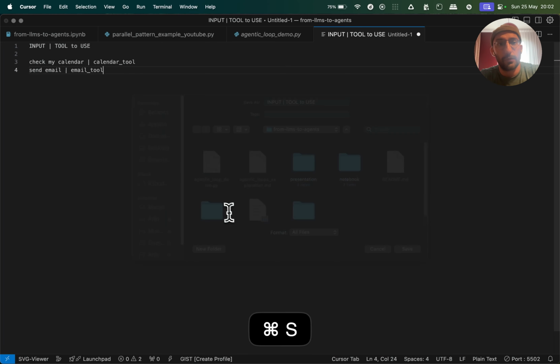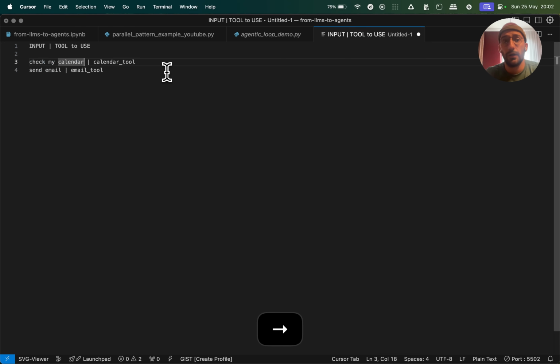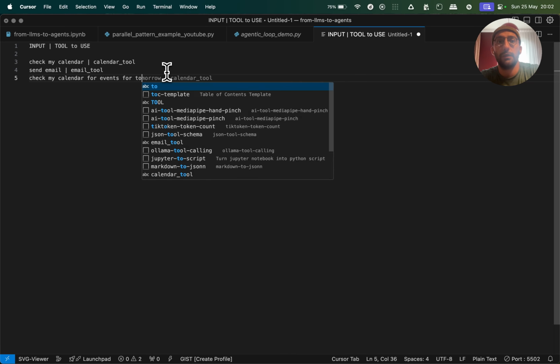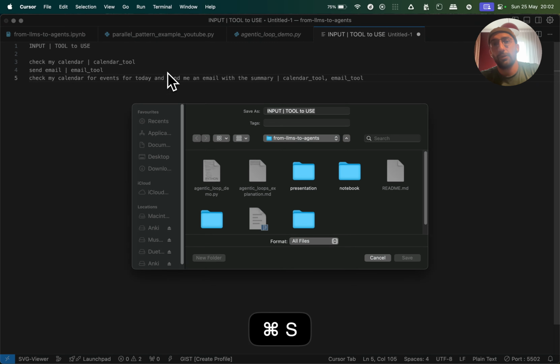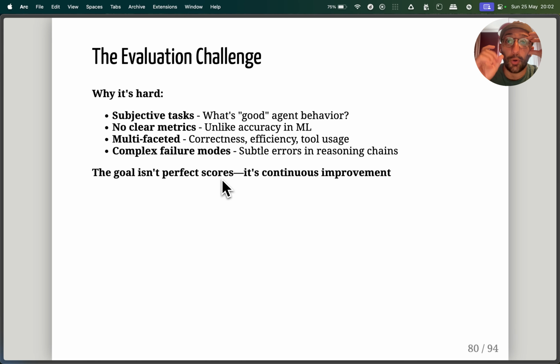So what I'm showing here, folks, is that we could easily take this silly data set and use it to quantify for simple tasks, or for semi-simple tasks, if it was using the correct tools for the job. So check my calendar for events for today and send me an email with the summary. So that would be calendar tool, right? And email tool. So this is one example, but there's a bunch of things that we can do to measure a proxy of progress when we're working with agents.